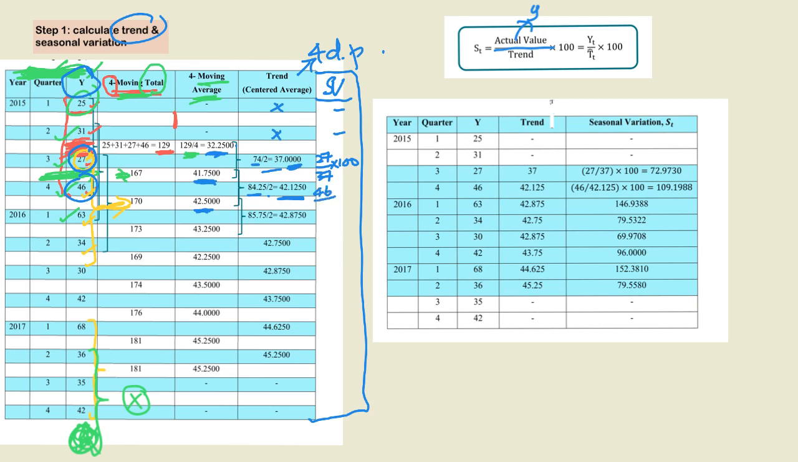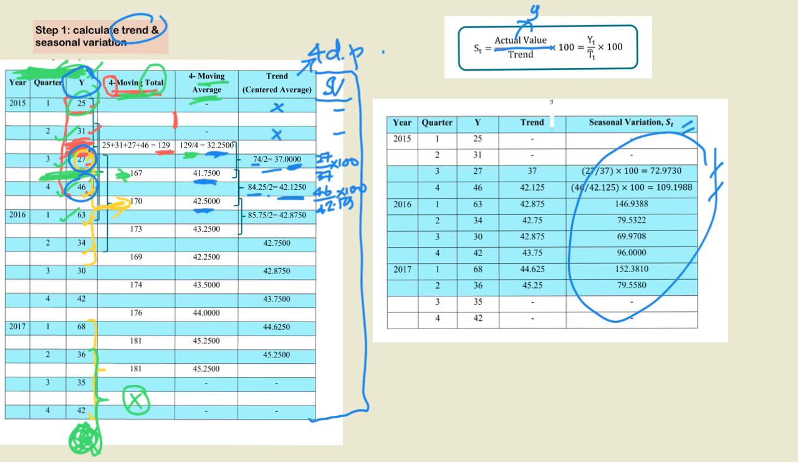46 divided by 42.125 multiplied by 100. So actually you need to just add another column for seasonal variation, but then in your books they actually prepared another table. So this is the value that we have. The step is actually the same. So after you calculate all the seasonal variations, so we need to proceed to the next step, which is to